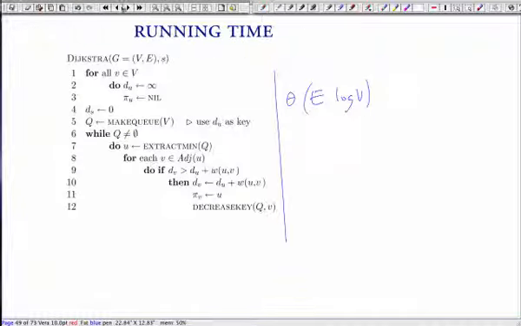In this algorithm, what do we initialize dv to? So for the source, we set that to 0. For the rest of it, we set to infinity. Does that make sense? Okay, so